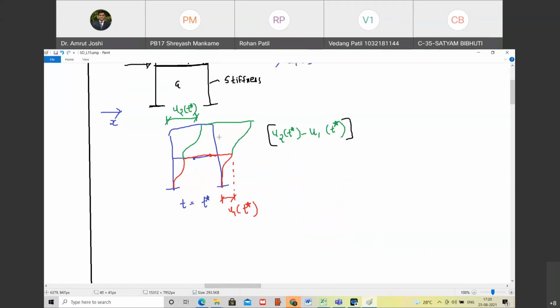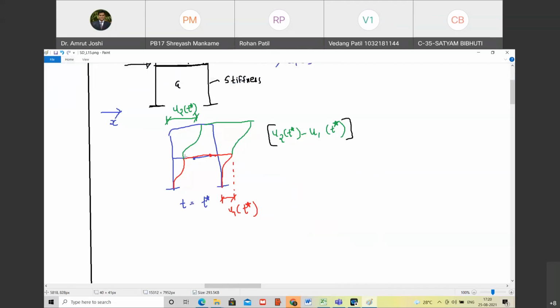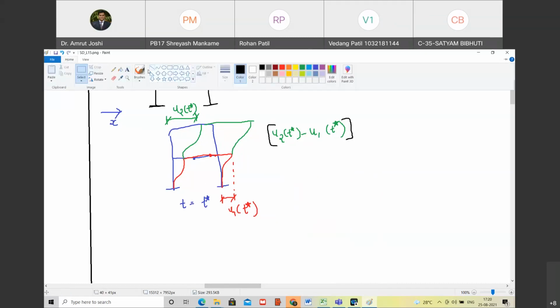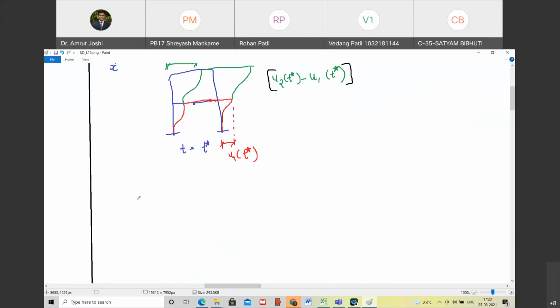And now what I am going to do is draw the free body diagram of two slabs at this time instant. So at T star, you may feel that this is seemingly a discussion not related to multi-degree of freedom systems, but it is very much related to it. We are coming to that point. But right now, let me complete this exercise that we are talking about. Are you with me? So let me draw the free body diagram